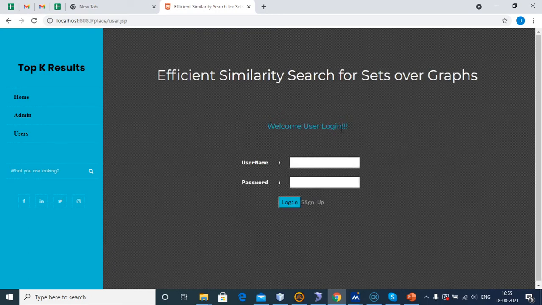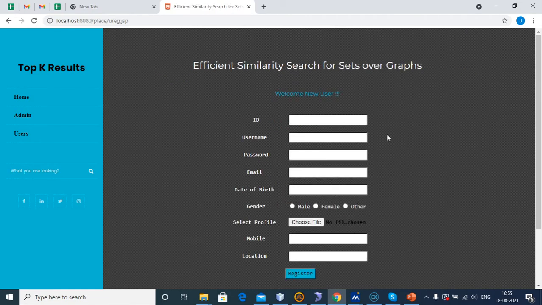Welcome to the user login. If you are a new user, you have to sign up for your account. Here I am entering the basic information of the particular user.